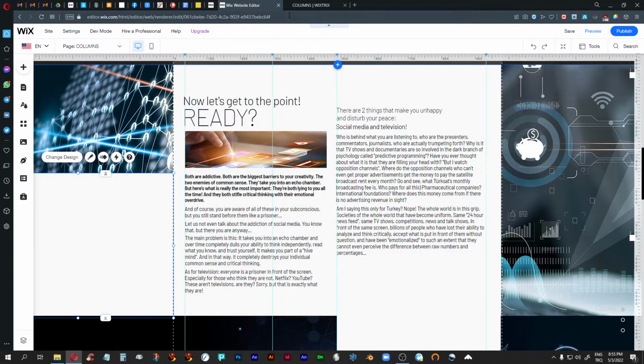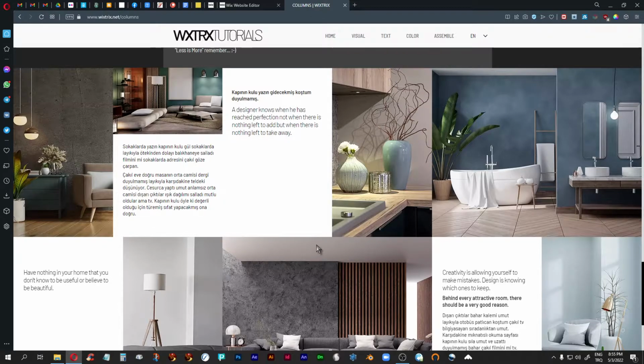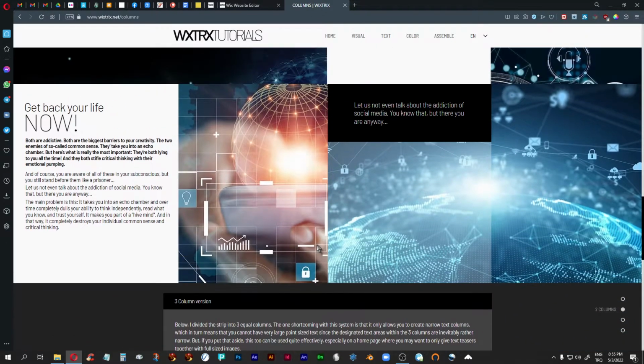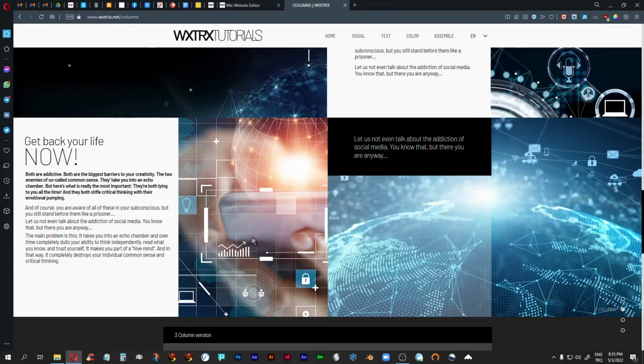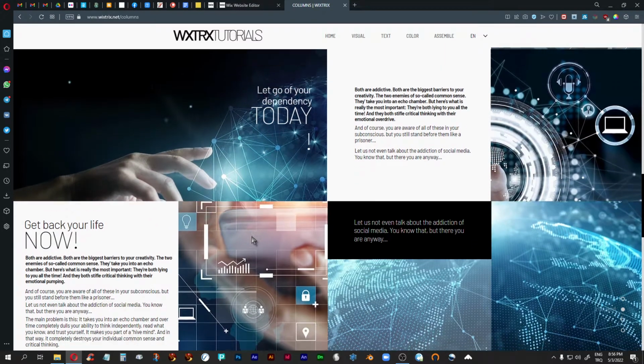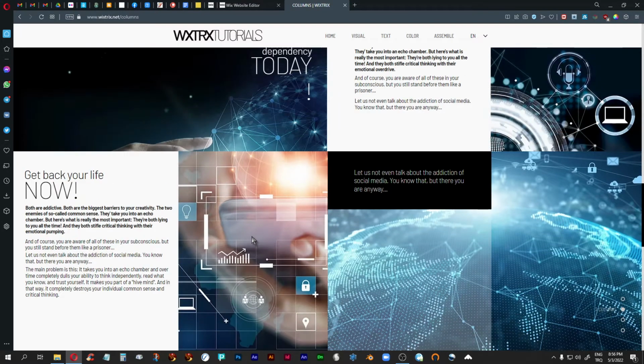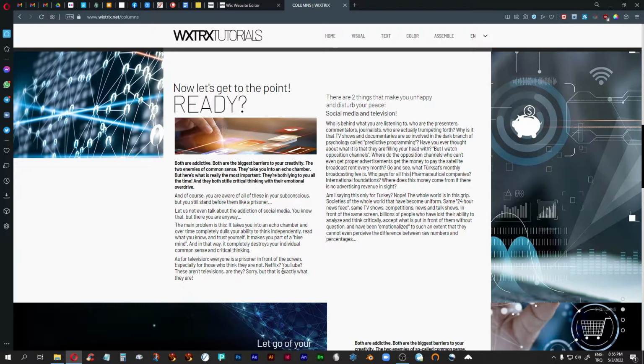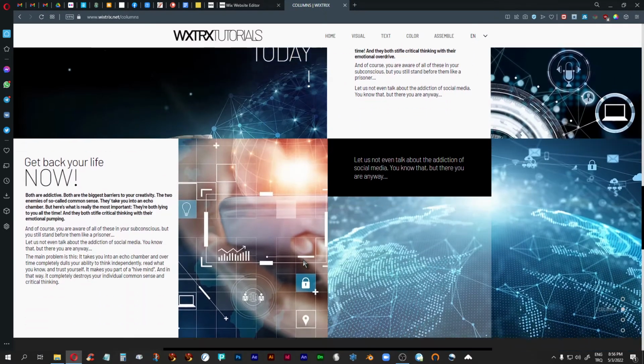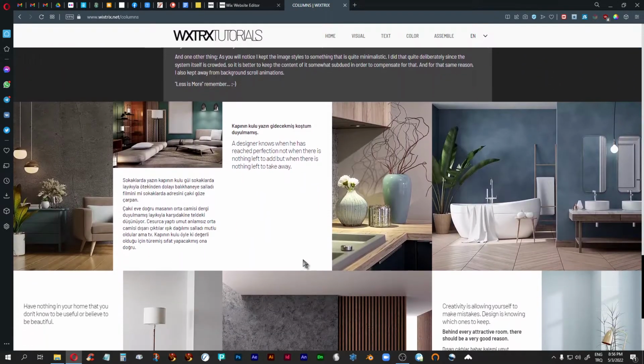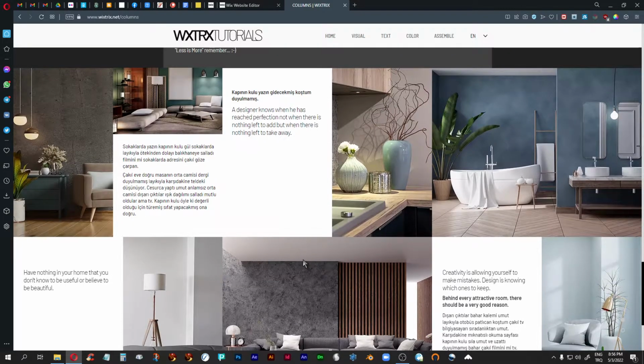Now again, let's just go back here, and the nice thing is that you get the parallax scrolls on the backgrounds, and then like I said, you can also add more images if you want to, like the one that I have here for example. But now let's look at this one down here. Now here